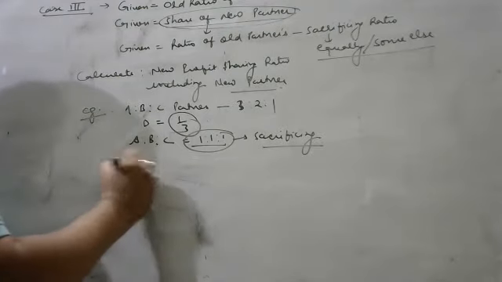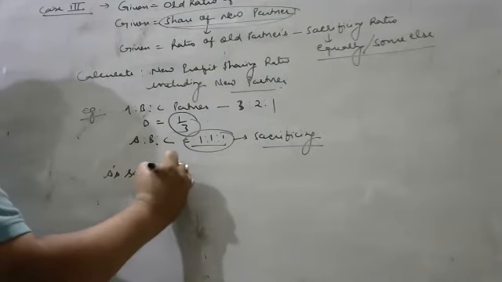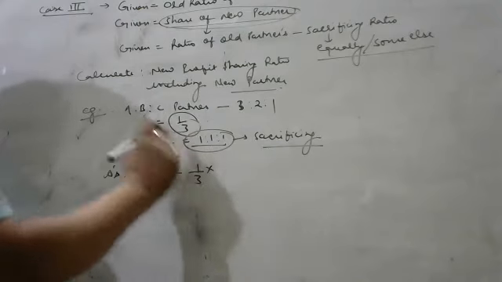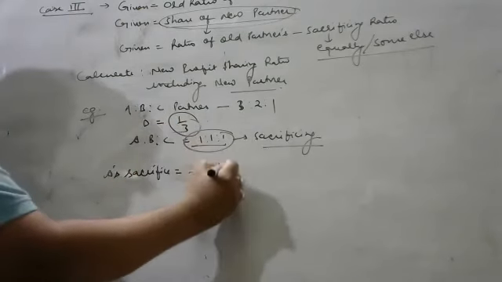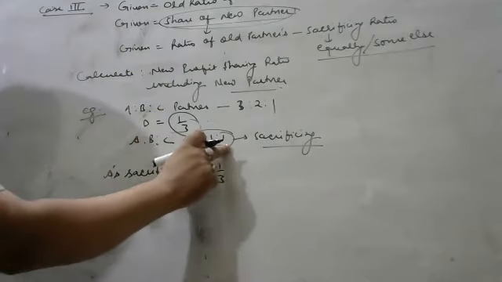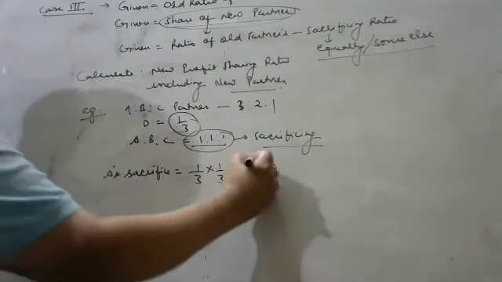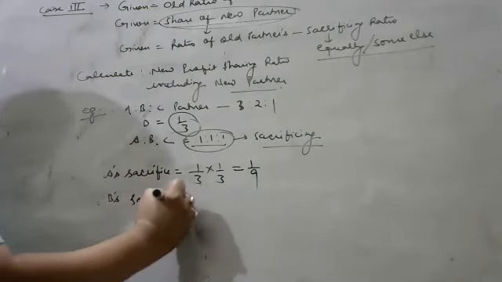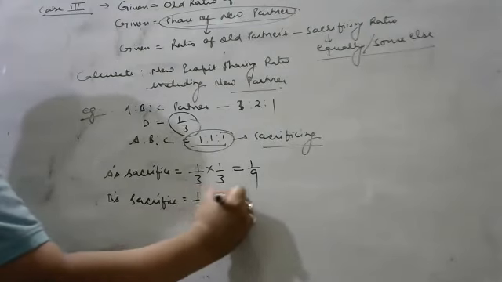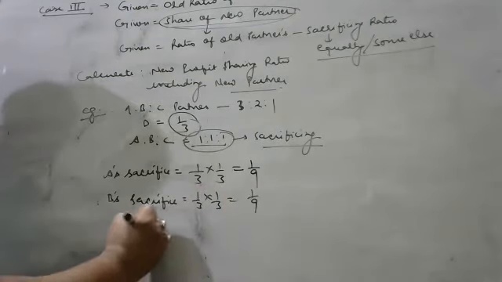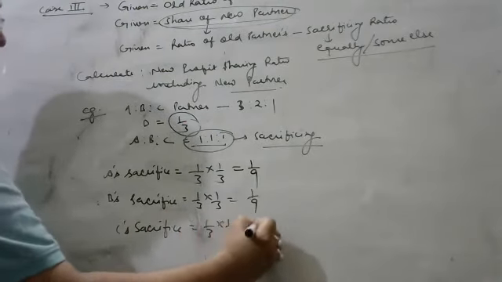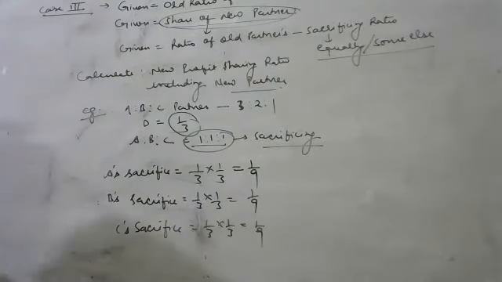Now what you need to calculate is the sacrifice. Actually, A ने कितना sacrifice किया? 1/3 total is given by A, B, C, and out of this 1/3, उसका भी 1/3 according to the share. Who has given, A? तो कितना शेयर हो गया इसका? 1/9. सेम B का भी sacrifice कितना होगा? 1/3 into 1/3, that is 1/9, and C also sacrificed 1/3 into 1/3, that is 1/9. So every partner has given the equal share. This we know. This is given in the question.